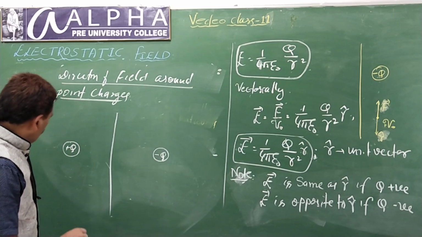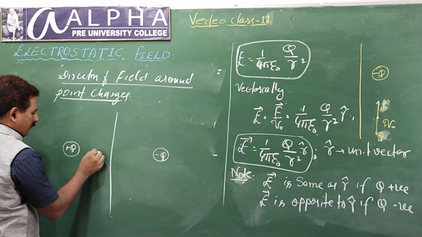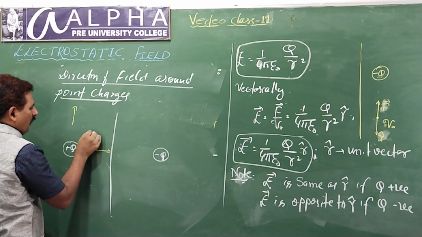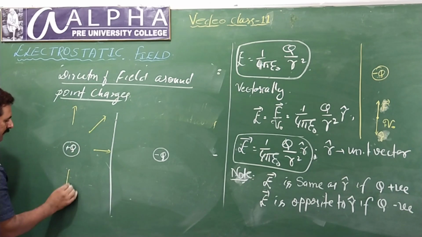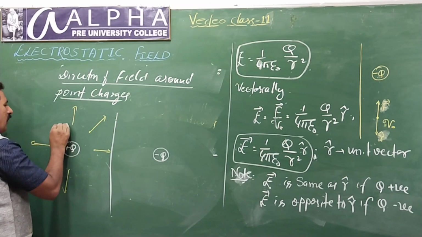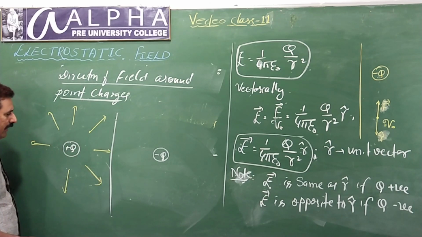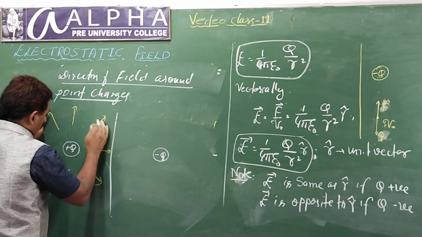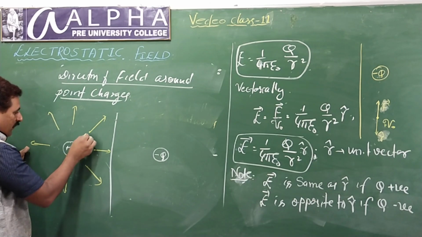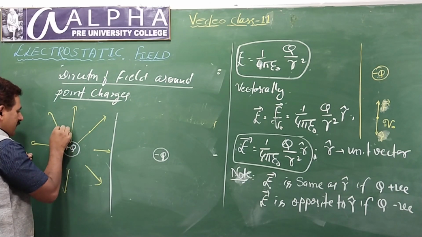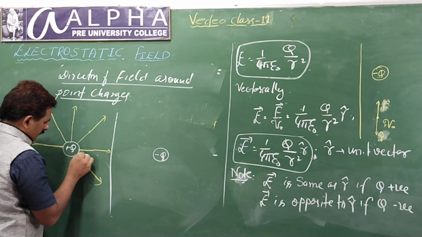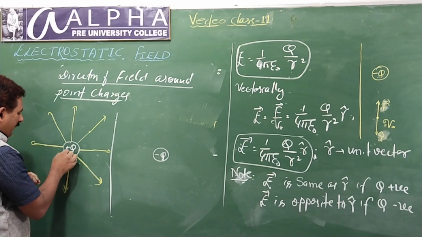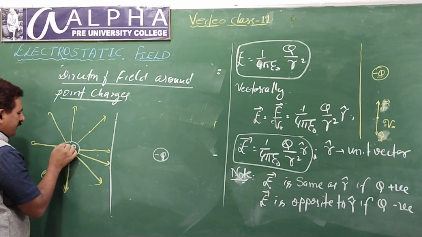Now you place a unit positive charge here, it moves away outwards. Here outwards, here outwards, all around. Means what? The electric field due to a positive charge is acting outwards all around the region. If we extend, we can show the direction of the field coming out. It is called a diverging field. So the electric field diverges from a positive charge.